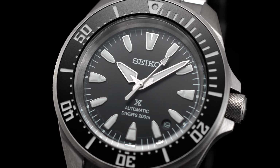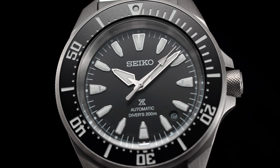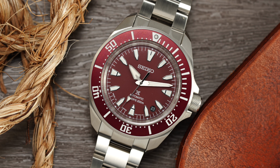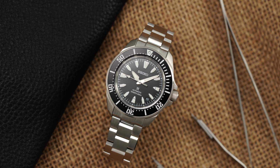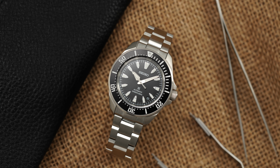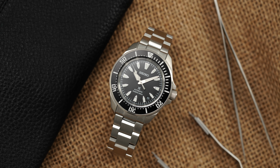I want to show something new here. This is the new Seiko Samurai, looking at the SRPL13. This is the black dial version. You also have a very cool red dial version that was just released this year. What you're getting new with these watches is an updated case diameter of 41.7 millimeters, thickness is 12.3 millimeters, lug to lug of